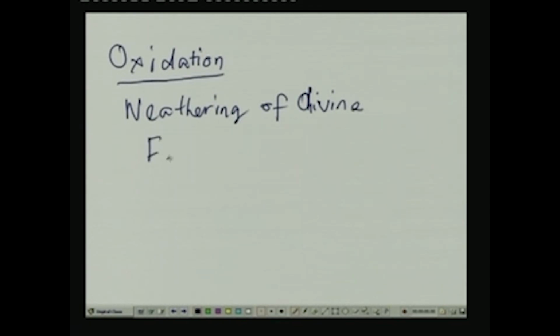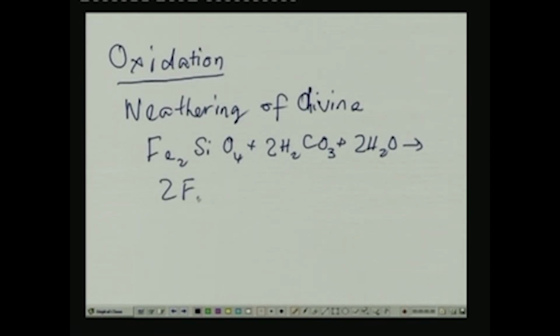What you got here is basically ferrous silicate, and that reacts with carbonic acid and in presence of water, giving rise to ferrous ion in solution, hydroxyl ion in solution, silicic acid,